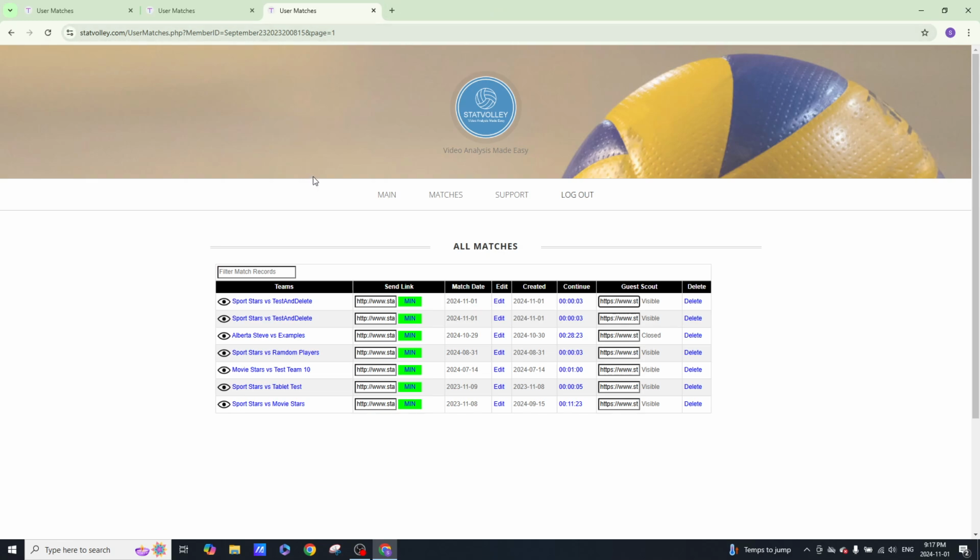Okay, so once you have your two scouts actually taken stats, each one of these links is going to show the identical information because it's going to show the combined statistics. The actual stats are only going to show up once in the cumulative stats, but when you click on either one of these links, it's going to give you the exact same information. Now, if you wanted to combine your stats with video later, these have to be converted to no vid mode statistics. So the way you do that is you click on either one of these,